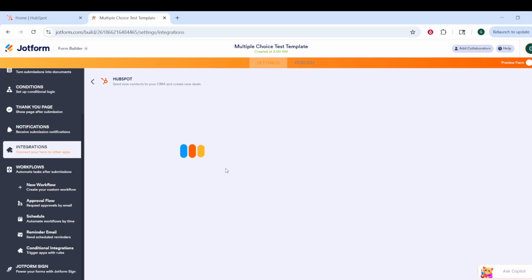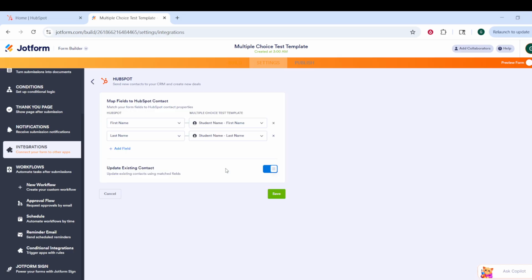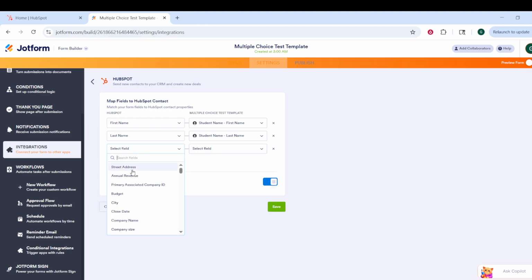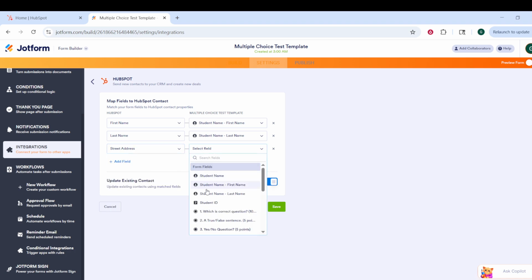Once the connection is established, map your form fields to your Hubspot contact properties. This step is important because it determines how each answer from your form gets stored in Hubspot. For example, your form field that collects a person's name should map to the corresponding contact property in Hubspot. Your email field should map to the email-related contact property. If you have custom fields, map those as well to the matching Hubspot contact properties, so the data lands in